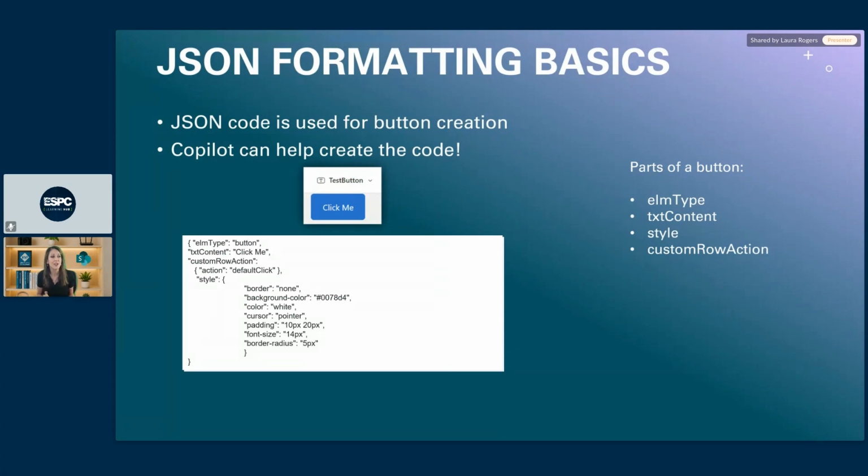So we have the different parts of the button. We have the element type, and we have text content, which is kind of what the word says on the button. We have the style, what it looks like, and then we have custom row actions. So I'm going to go into all of these now.